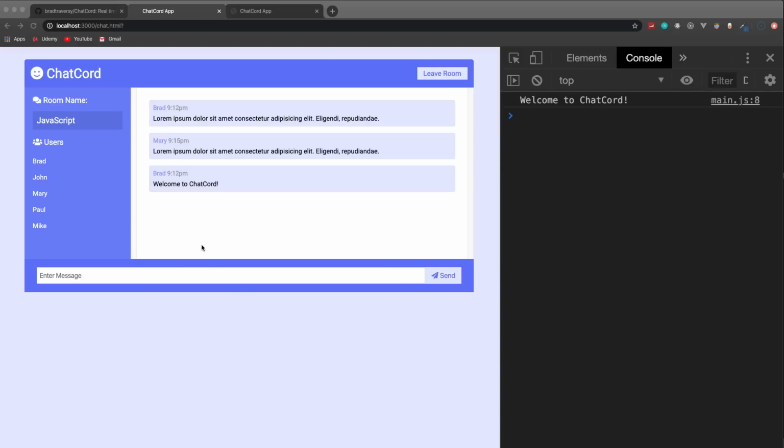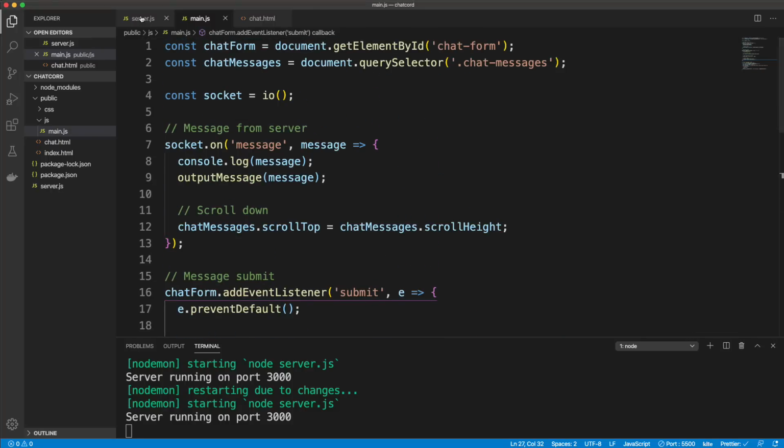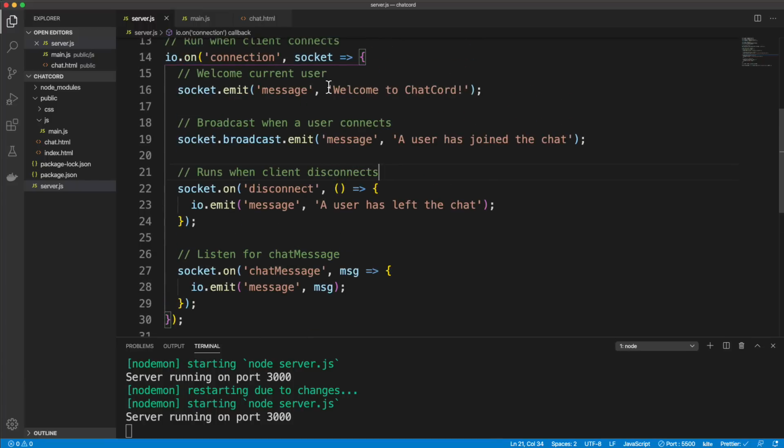Let's format the message, because right now it's just a string. It's always just a single string. I want it to be an object with a time. Ultimately, we want the user and stuff like that. So let's go to server.js, and everywhere where we send a string here, I want to wrap it in a format